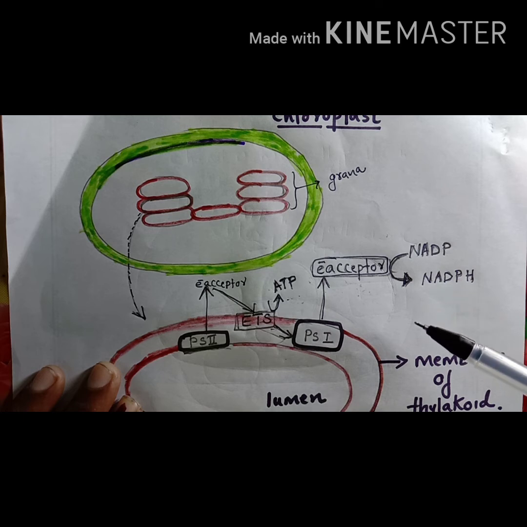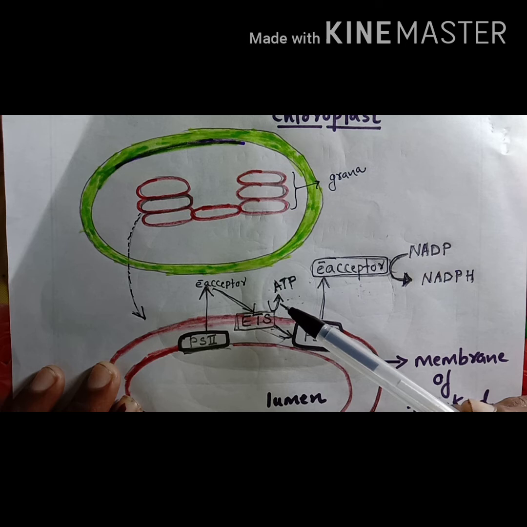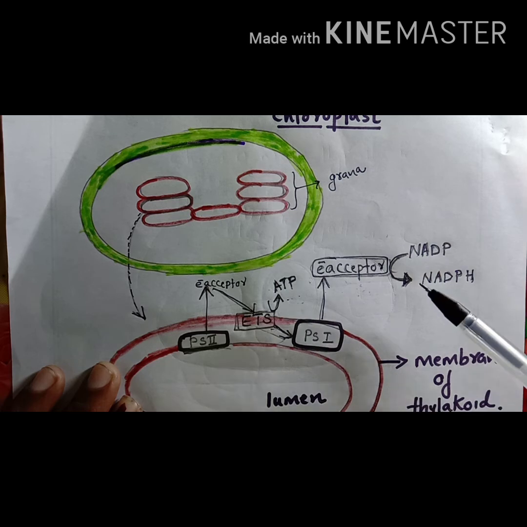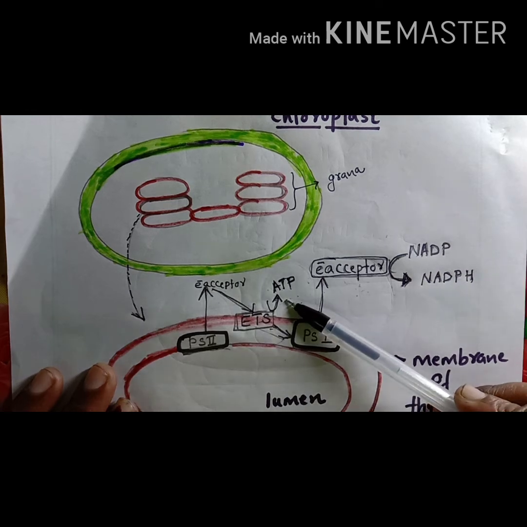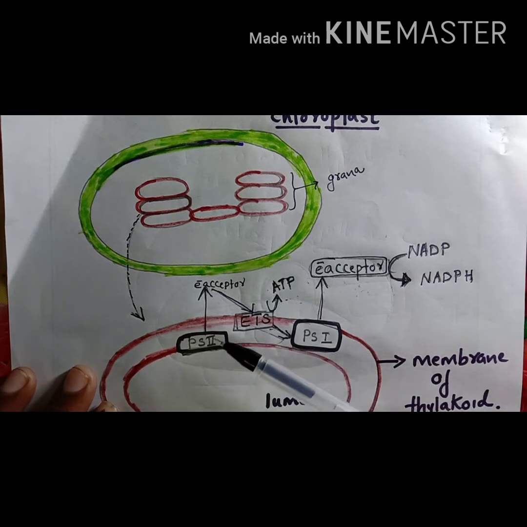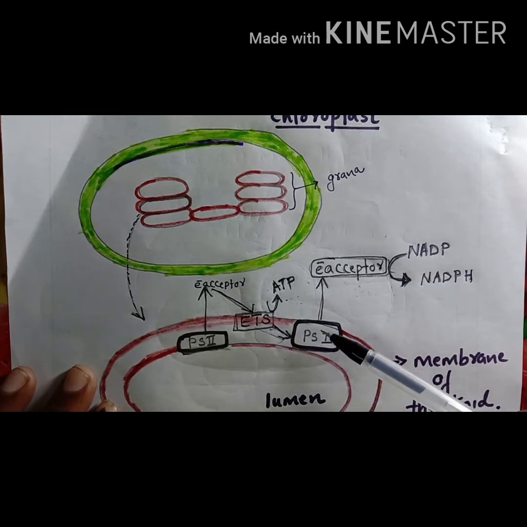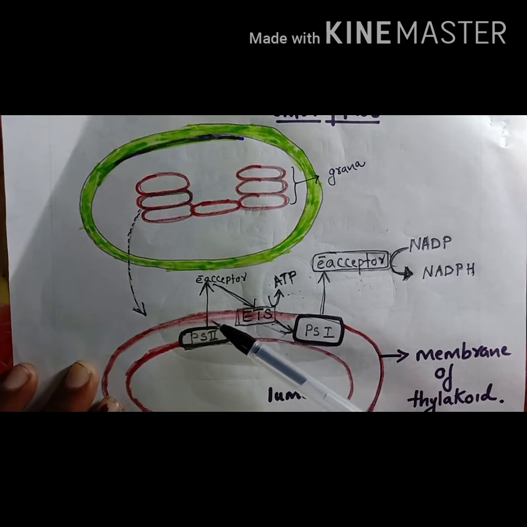How ATP is produced during the light reaction. The end products of light reactions are ATP and NADPH. So how is this ATP formed? NADP, we know, combines with the proton and is reduced to NADPH. Then how is this ATP synthesized? Again I am repeating the steps in non-cyclic photophosphorylation. Just recollect that point.